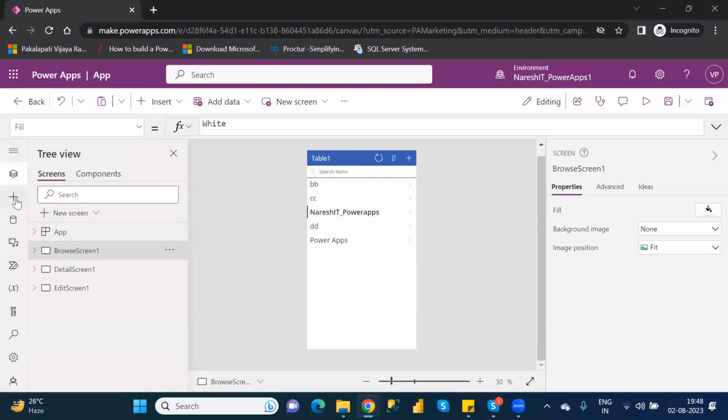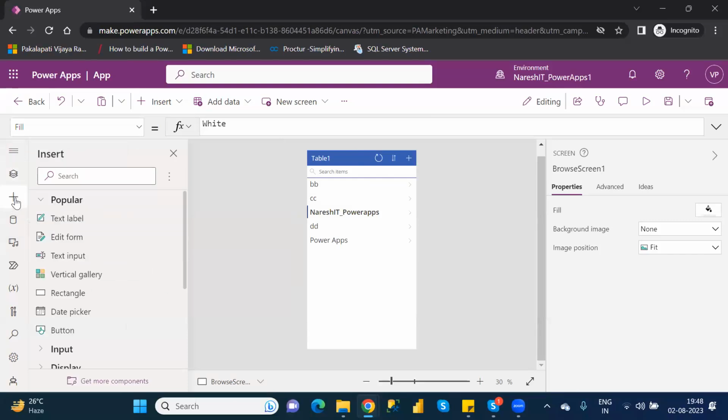There is a plus icon. Click on this one. When you click on this plus icon, there are different elements: text label, edit form, text input, vertical gallery. Or sometimes if you don't find it, in the search bar you can type it. Suppose, for example, I want an icon. Okay, then click on the